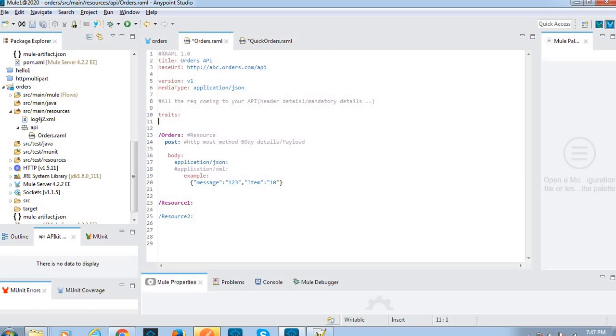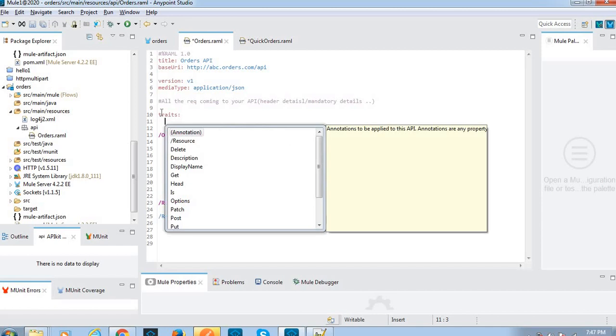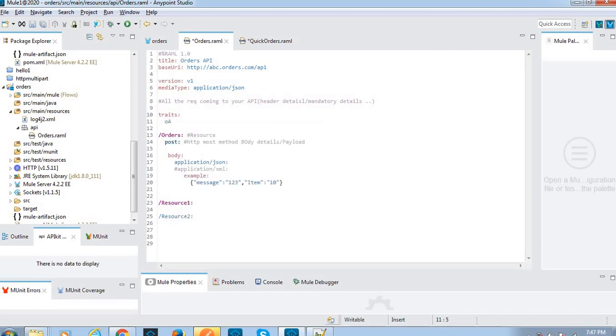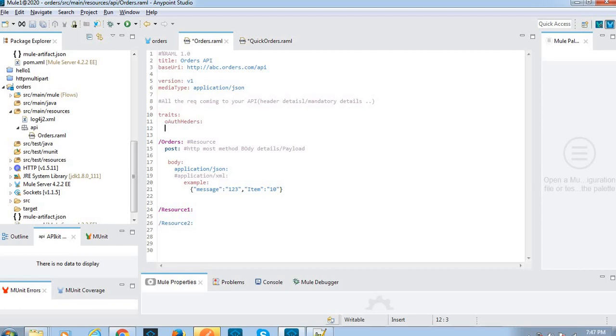See, let me write the traits. Just give the function name, what headers I am giving, then what headers I am giving.